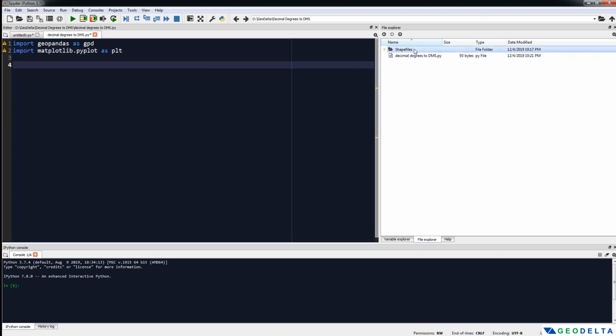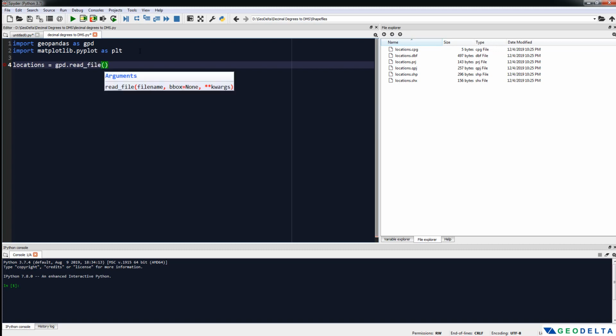Alright, now if I go into this shapefiles folder, you can see that I have one shapefile called locations. So I'm just going to import that shapefile into my Python interface. I can create a variable called locations, and that's going to be equal to gpd.read_file. And from here I can directly give the full path to the place where I keep my locations shapefile, /locations.shp,